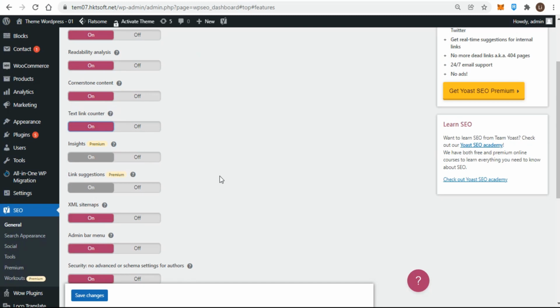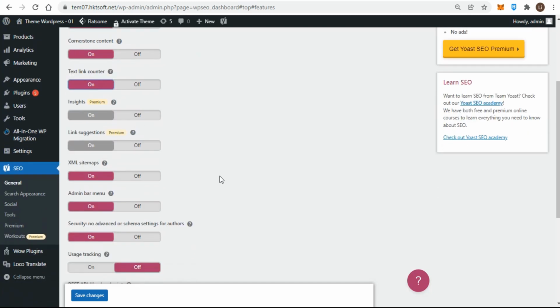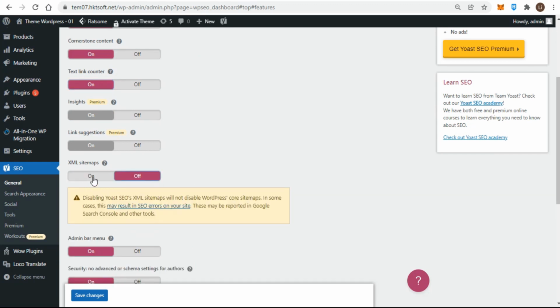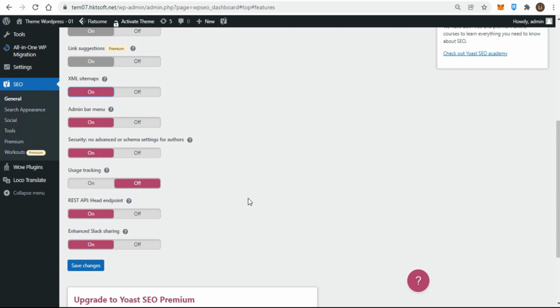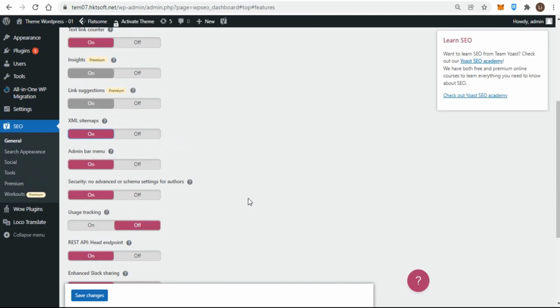In XML sitemaps, you can enable this to allow Yoast to automatically generate XML sitemaps for you. Ryte integration will check weekly if your site is indexed in search engines and notify you of any potential issues. Admin bar menu adds a Yoast icon to your admin bar menu with shortcuts and useful links to other tools available